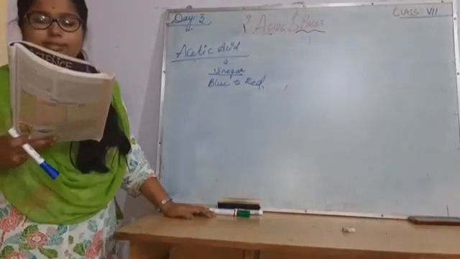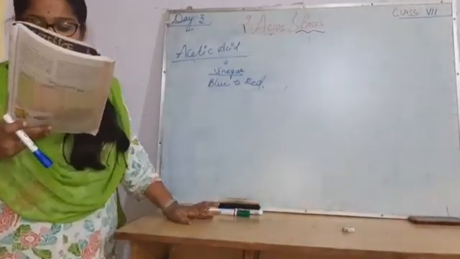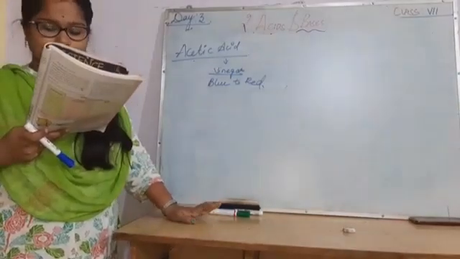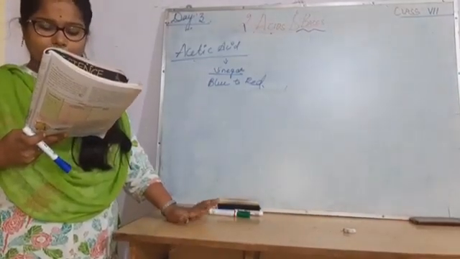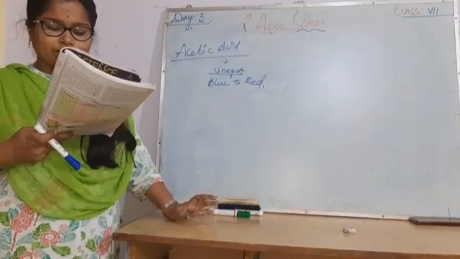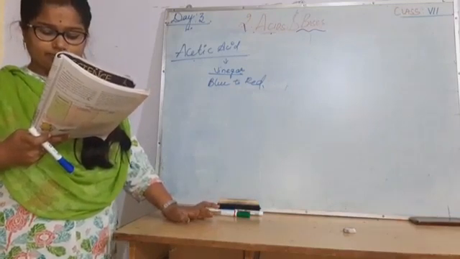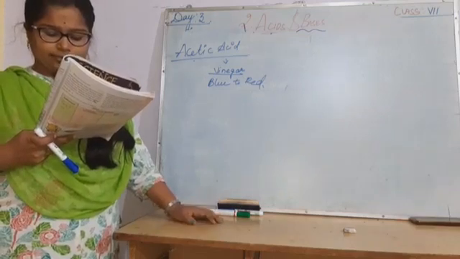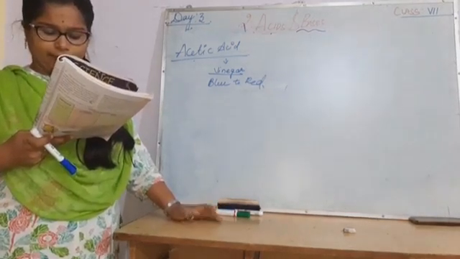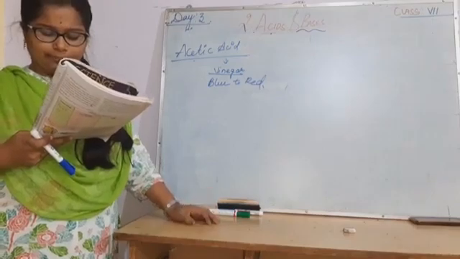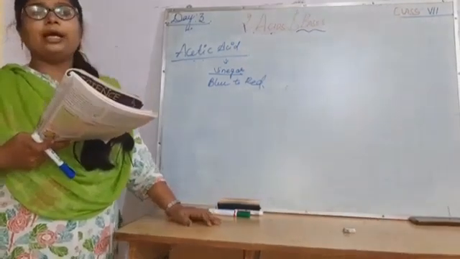And lactic acid in buttermilk and curd. Oxalic acid in spinach and tomato. Malic acid in apples. Tannic acid in tea. Oleic acid in olive oil. Stearic acid in fats. Tartaric acid in grapes and tamarind. Palmitic acid in palm oil. Ascorbic acid in amla. Uric acid in urine.